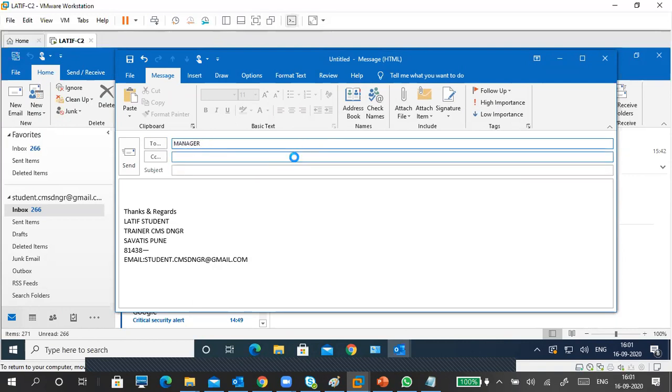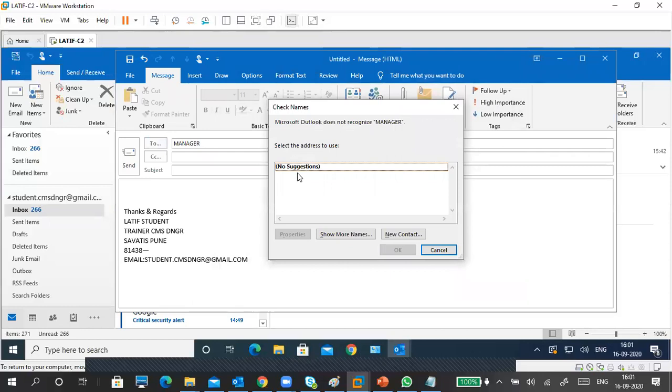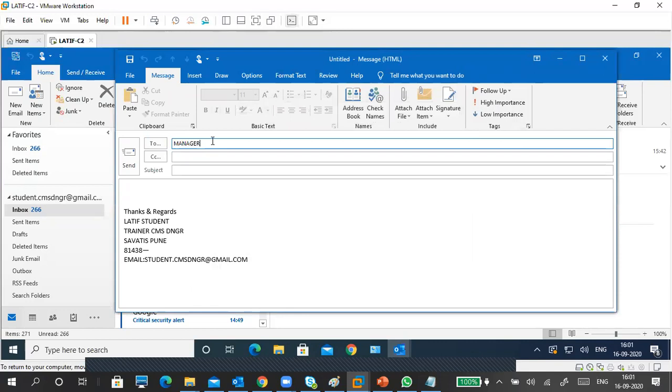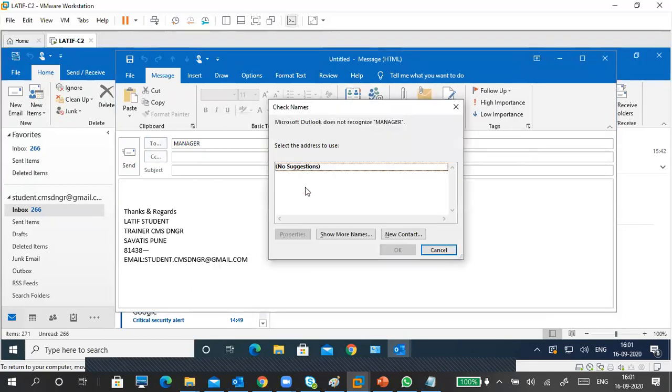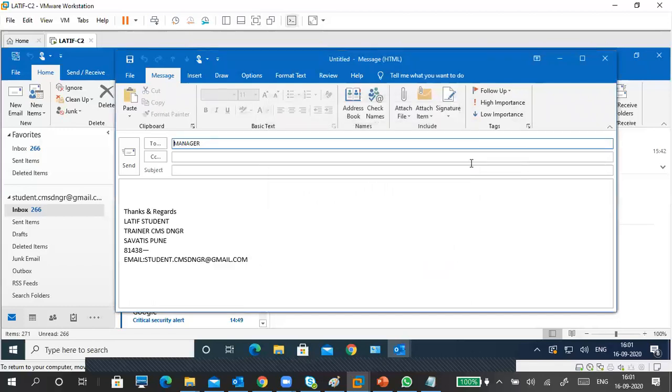Control K, as I remember. No suggestions, it's not bound. Actually, if it is in a context, press Control K and automatically it will search in that context. It is not saved.